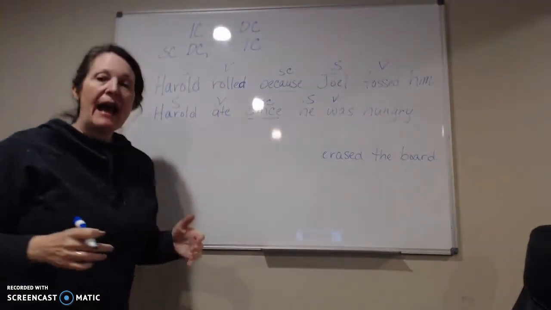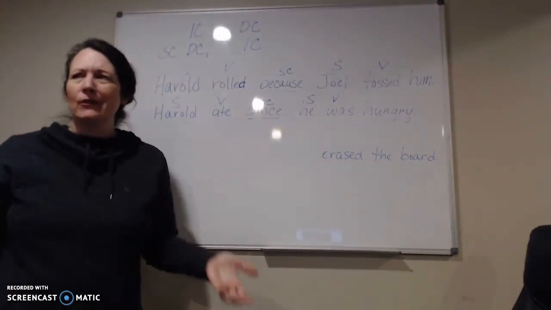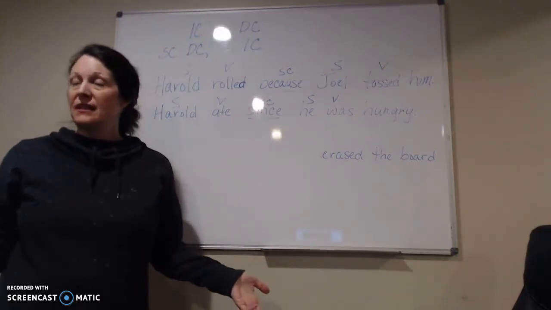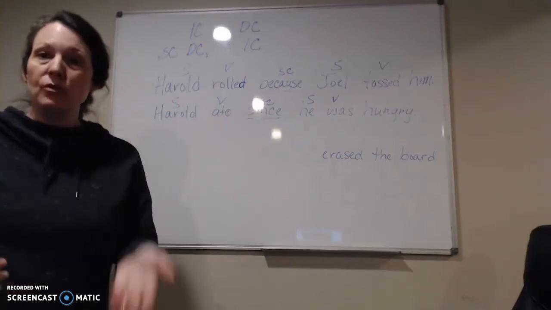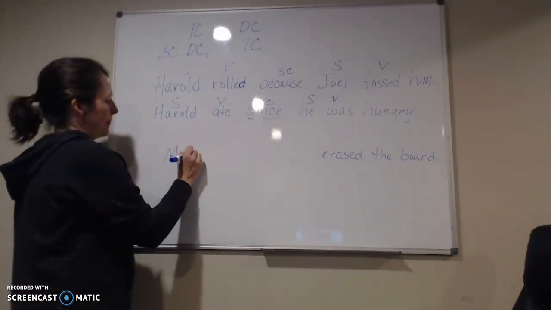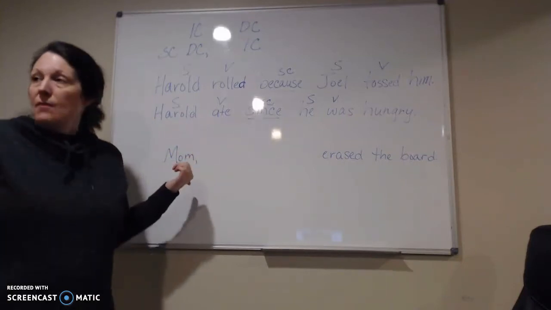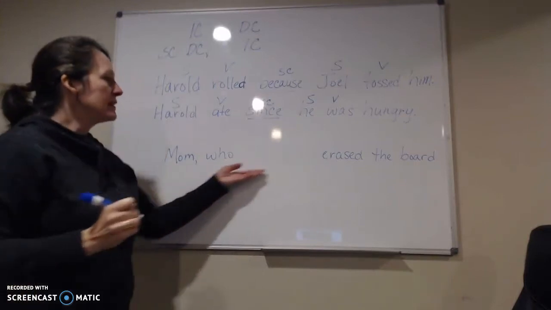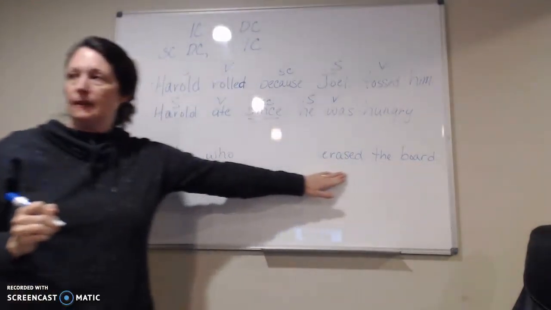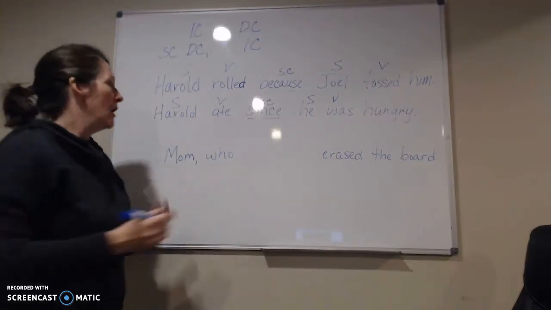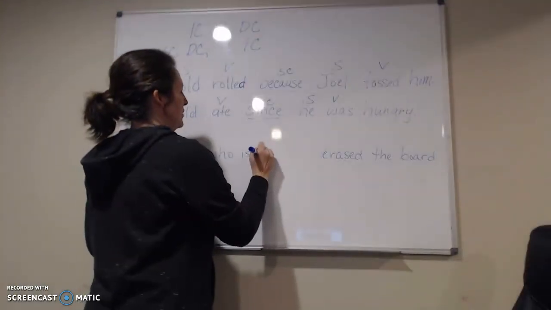So I am going to add a who clause, which we learned about in IEW way back at the beginning of the year. Those are complex sentences when I just add a who clause, because who is a relative pronoun. So I could say, mom. Which mom? The mom who erased the board. Well, tell me something different, because we're going to leave this here. Mom who is beautiful. Oh, mom who is beautiful